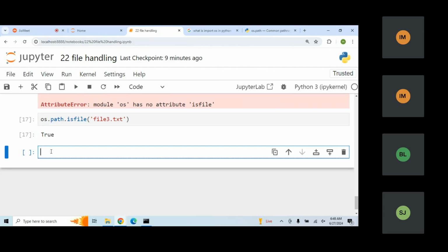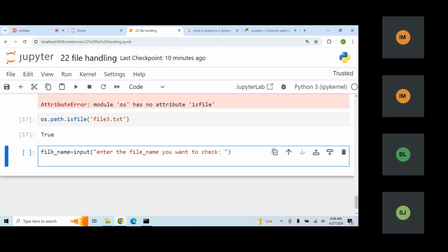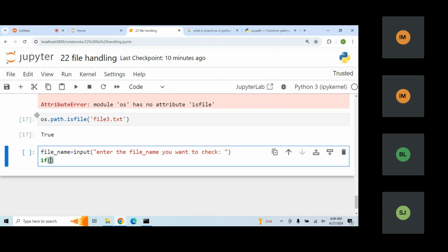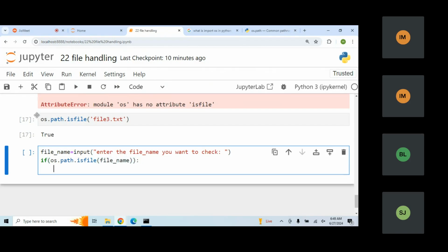For example, you can write any condition, something like file name. Okay, and then you can just write here the input function, and here I'm going to write enter the file name you want to check, like whether this file is existing or not. And here I'm going to write the condition if os.path.isfile, okay, here I'm going to write the condition, this particular file name. So file name will be this file name. Okay, so if it is there, then I wanted to write